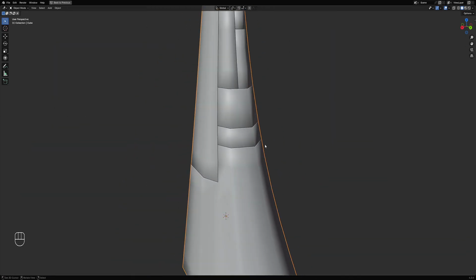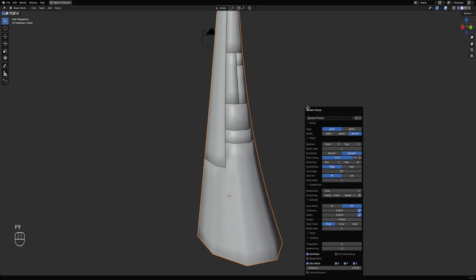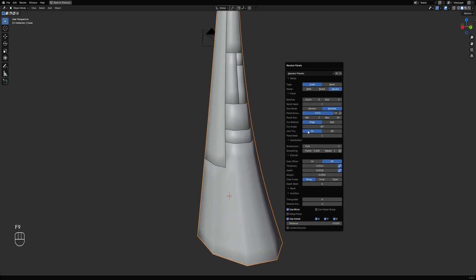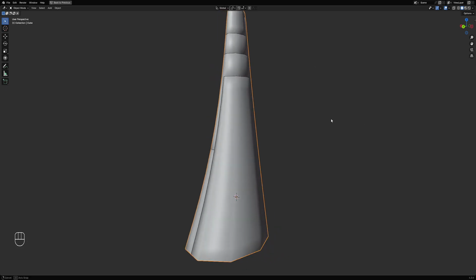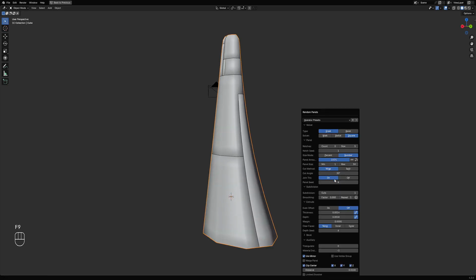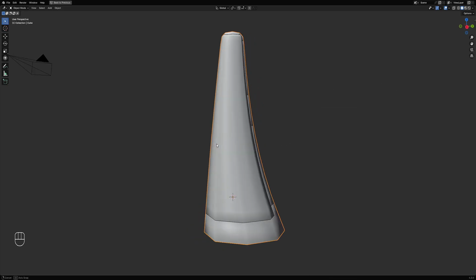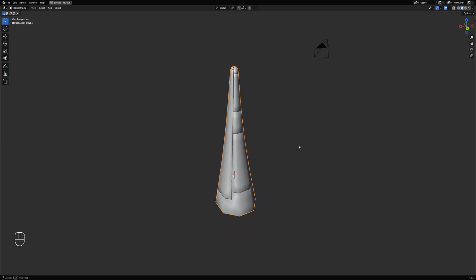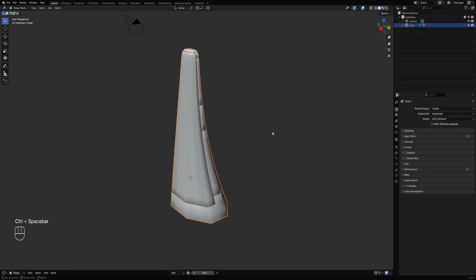Okay, and then you can play around with the panel seed. Then you get something that you like. Okay, so something like this. And then if you want to add more detail, you can